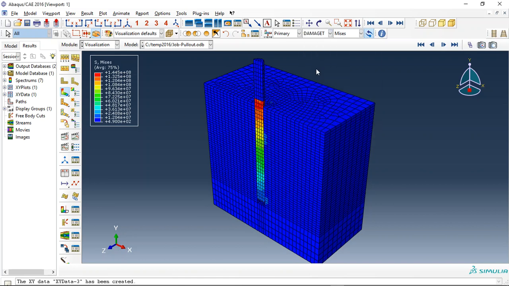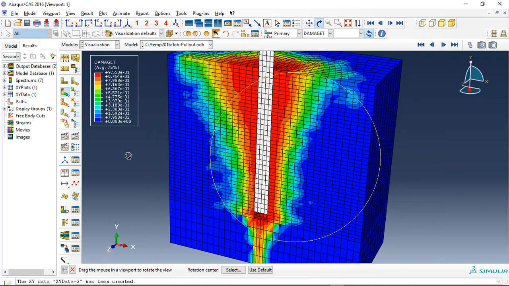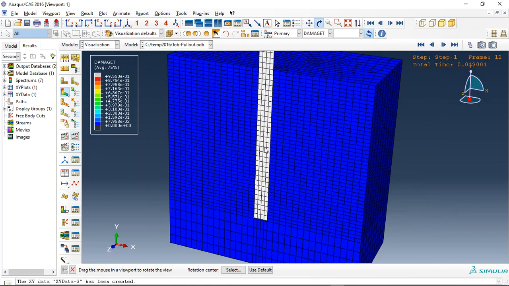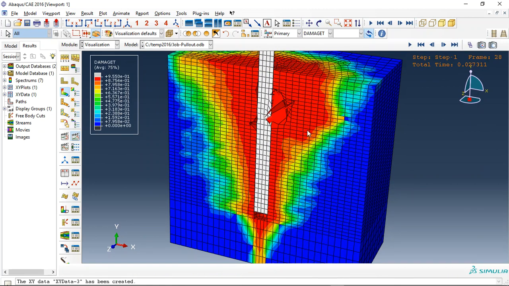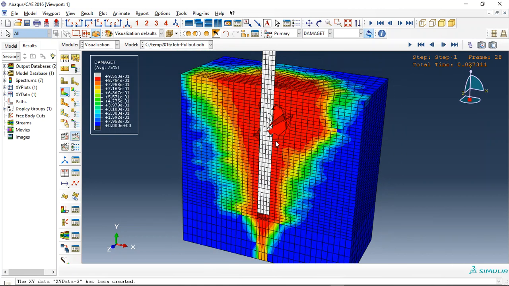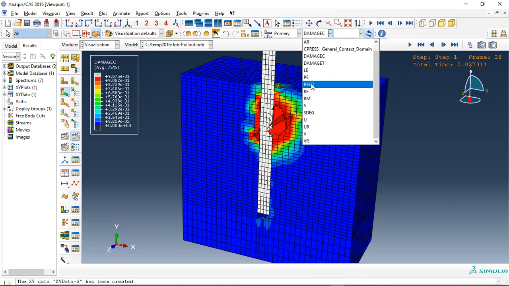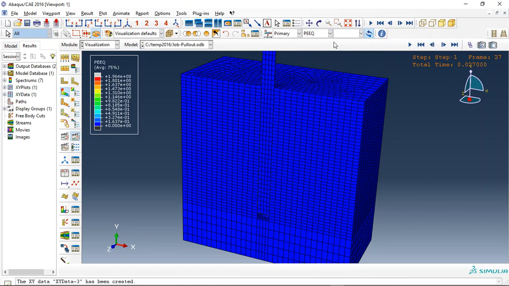And you can see now the tensile damage which happened during the pull-out process. You can see the pull-out and the damage which happened. You can see the huge damage happen, and that means the failure for the concrete. The failure for the concrete happened by this model, and Abaqus can't predict more than this for the concrete damage plasticity model, and also the compressive damage, the plastic deformation, plastic strain,